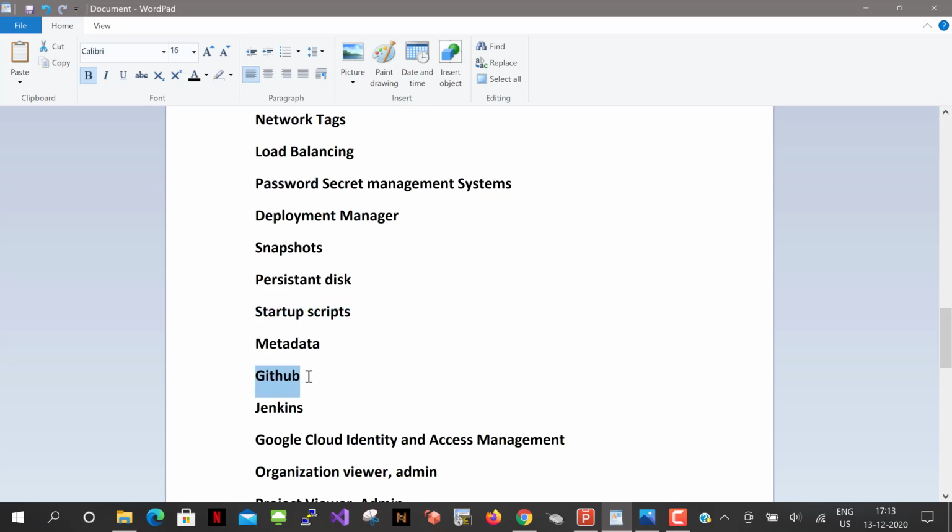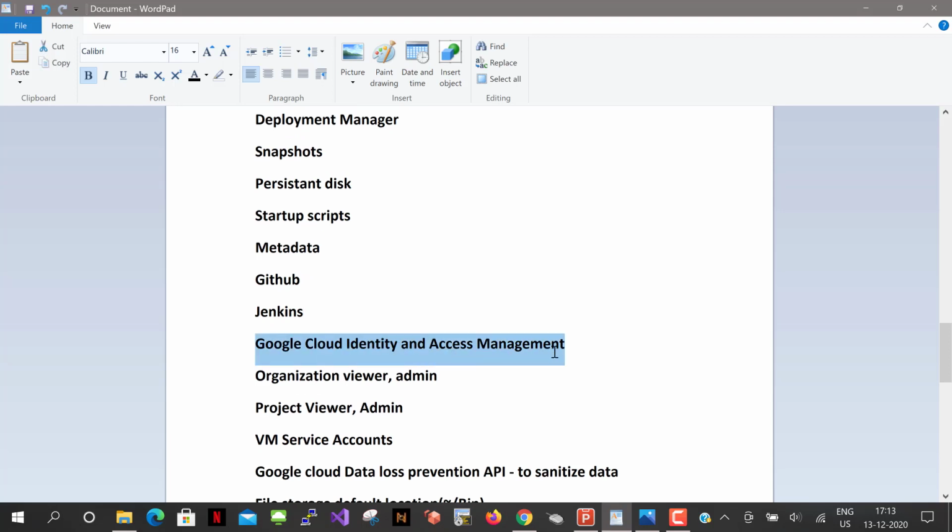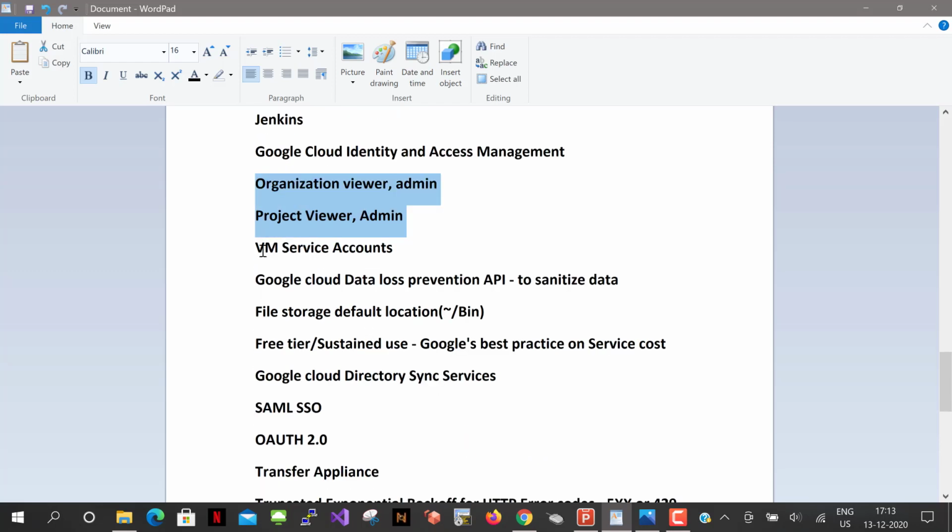GitHub, where you can do deployments and you can run patches from branch to master. And Jenkins, where you can schedule deployment jobs overnight and cron jobs. Google Cloud Identity and Access Management, and what is an organization viewer and admin role, project viewer and admin role, VM service accounts. Google Cloud Data Loss Prevention API to sanitize data, as I said before,